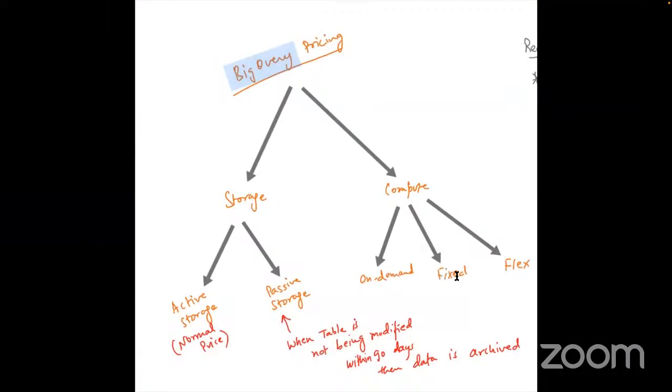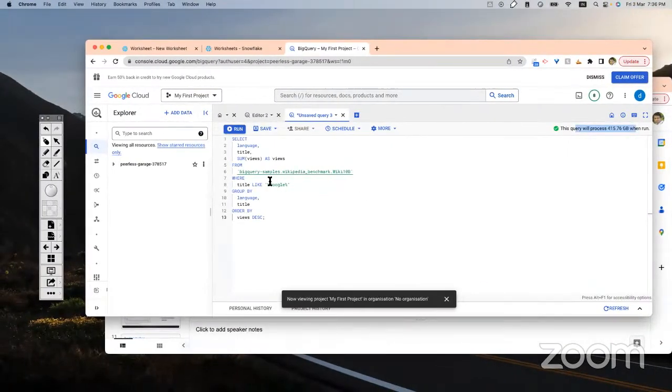When large enterprises buy a BigQuery subscription, it is usually based on a fixed plan, because we don't want surprises at the end of the month. Right now we are not going for the fixed plan; we are talking about on-demand. In on-demand, when you have a query, I did not even execute the query, it is able to tell me how much data it will process. And the charges are based on that.